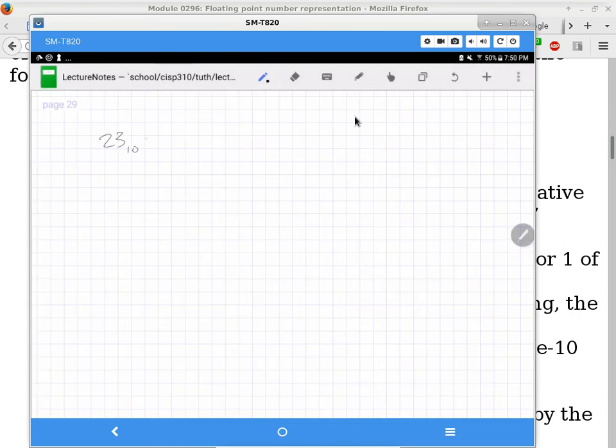23 as a base 10 number is what in binary? In base 2 it is 10111, right? 16 plus 7. So there's no 8, and then 111. Is that okay? Okay, so that's the binary representation. So what I'm really asking is how many zeros can I add on to the right-hand side until I run out of digits? That is the question.